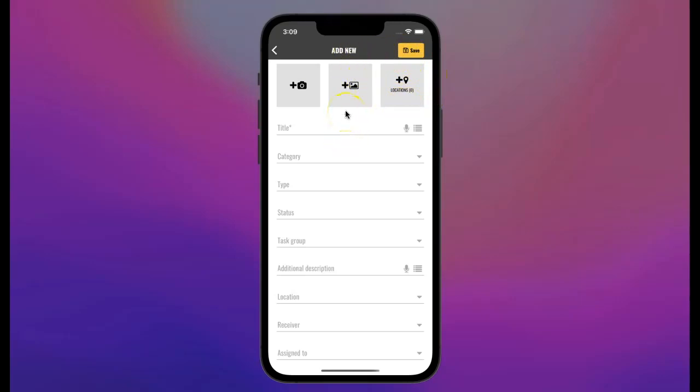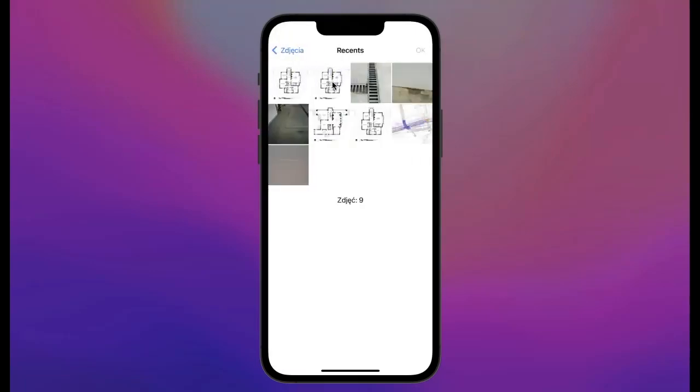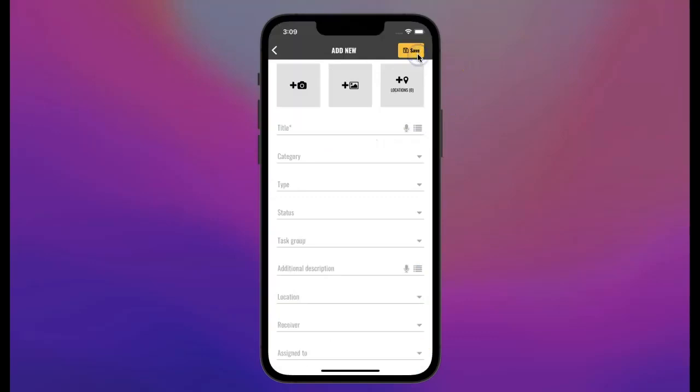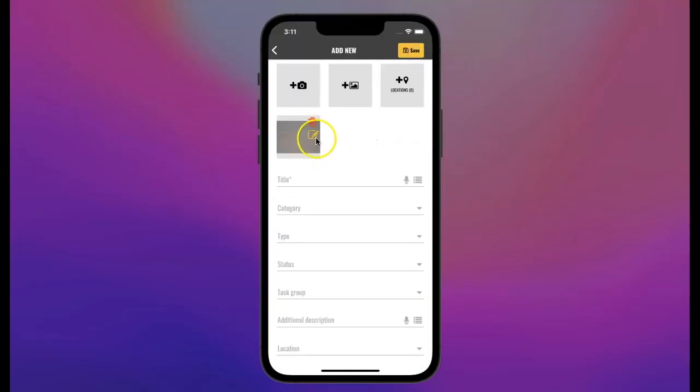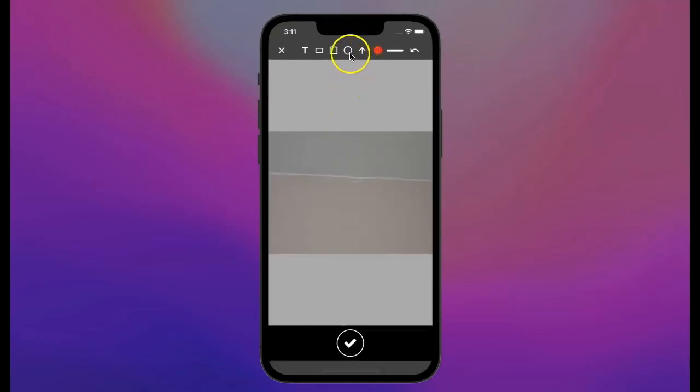I'm using a mobile device simulator that doesn't have access to my camera, so I will upload a photo from the phone gallery. Here you can edit the photo. At the top bar, you have a simple editor to edit photos.